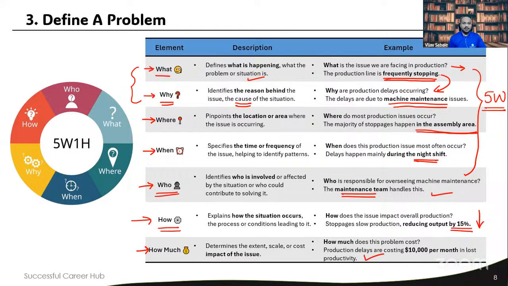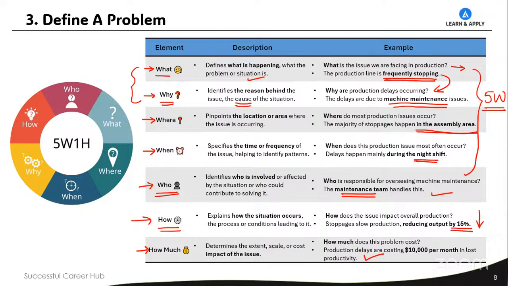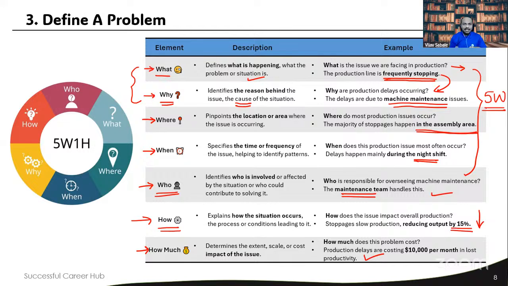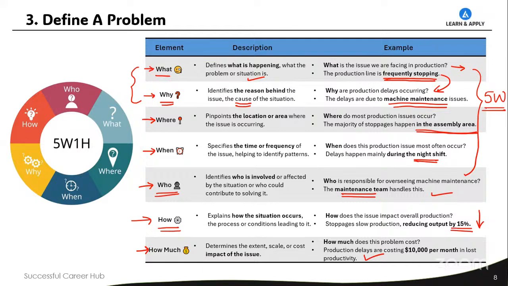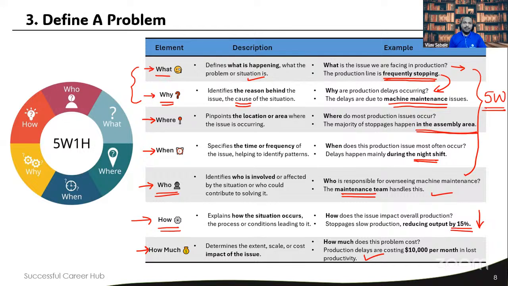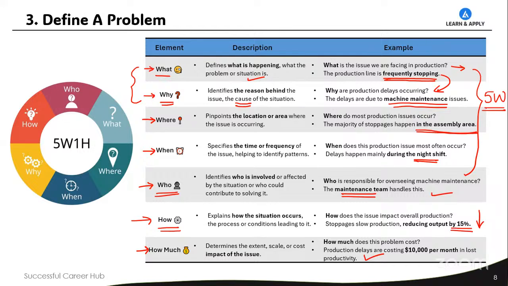Absolutely. In some cases, if you don't have the data, it must be because we follow such a systematic approach, right? There might not be anything missing because we identify all the possible causes and we collected the data for it. But still, if you found something coming out of the creation of the problem definition, and you don't have the data for it, we need to collect the data to investigate or to validate whether there is a real problem or not. Sure. Thank you.